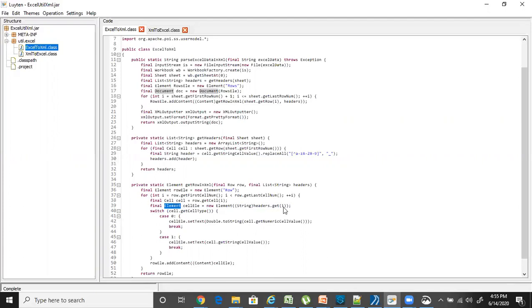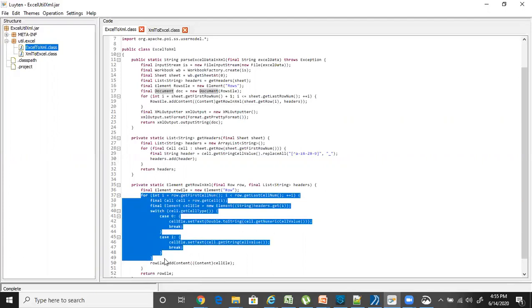I'm creating a new element with this name, passing the header as the column name, and then setting the column value using the set text method. This loop will go through all the columns present in the cells of the Excel sheet, and it will create as many elements as that.